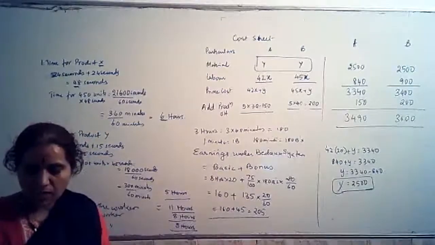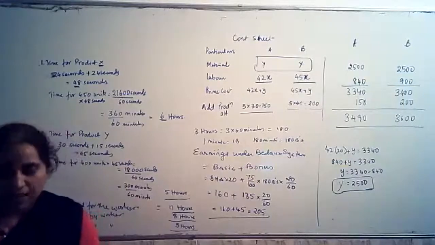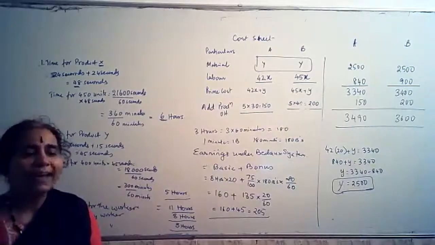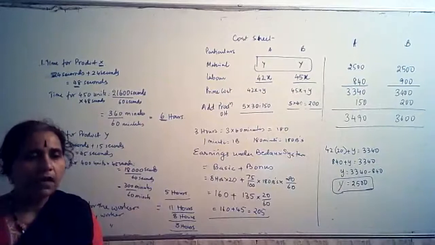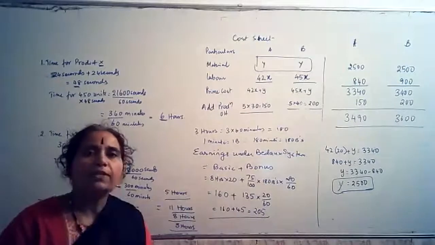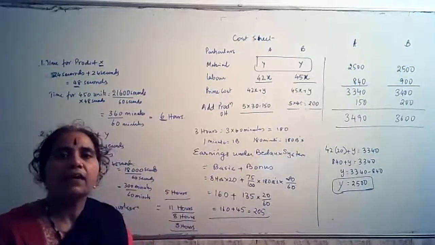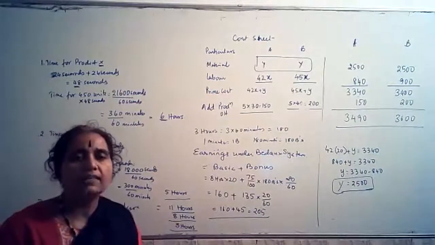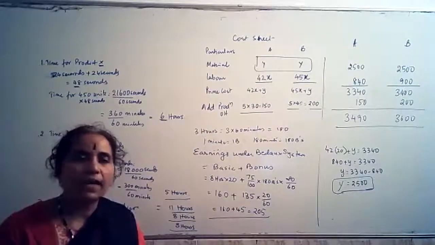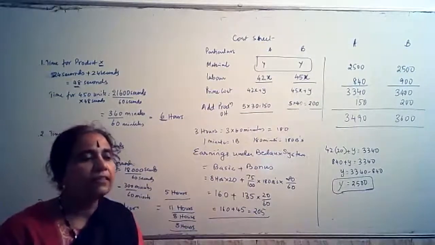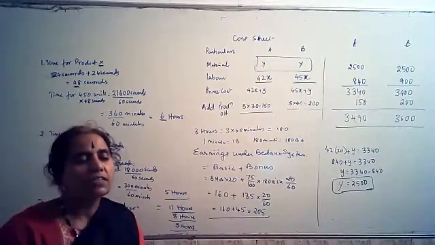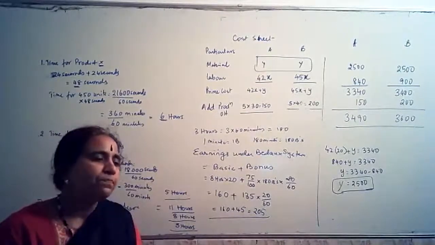Okay. Now I will solve some more problems with incentives in the next class, and we'll also look into how to arrive at idle time, and how idle time is treated in the costing book. Some idle time is inbuilt. As soon as he comes to the factory and enters the gate, he will punch in. But from the gate he just walks to the shop floor, and there is no production happening. So there is some idle time which is uncontrollable.